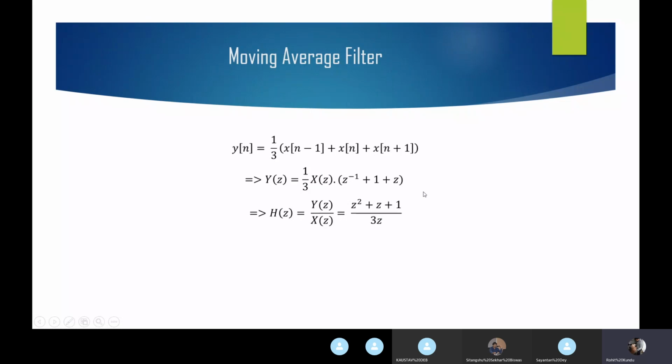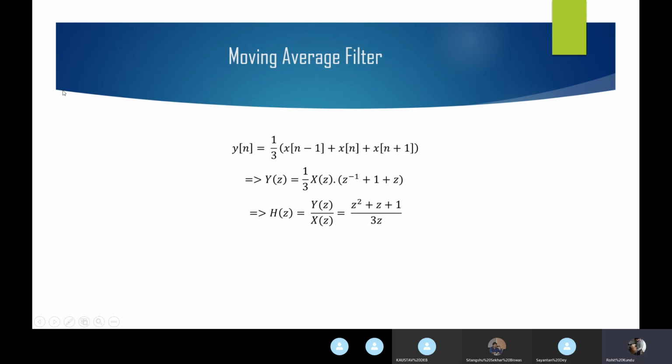Now, what is the moving average filter? This is basically a difference equation. So moving average filter, what is it? It takes a current value, some previous values and some future values, and just makes an average of the values and plots it.